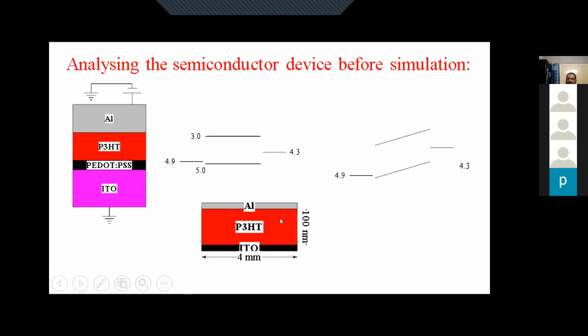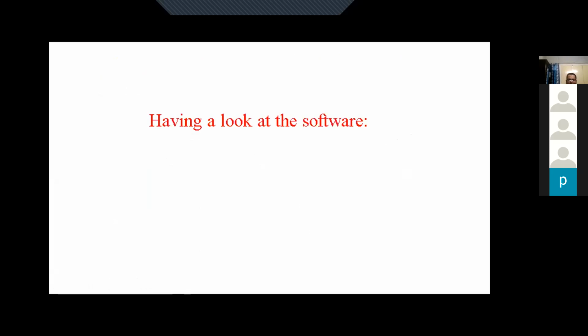This is a 2D simulator, so X and Y dimensions are important. For the Z dimension, usually during fabrication, we have another 4 mm in the Z dimension. But since it is a 2D simulation, we cannot have nodes corresponding to the Z dimension. But at least we can scale the current in the Z direction if we introduce the width while defining the structure. So now let's move on.